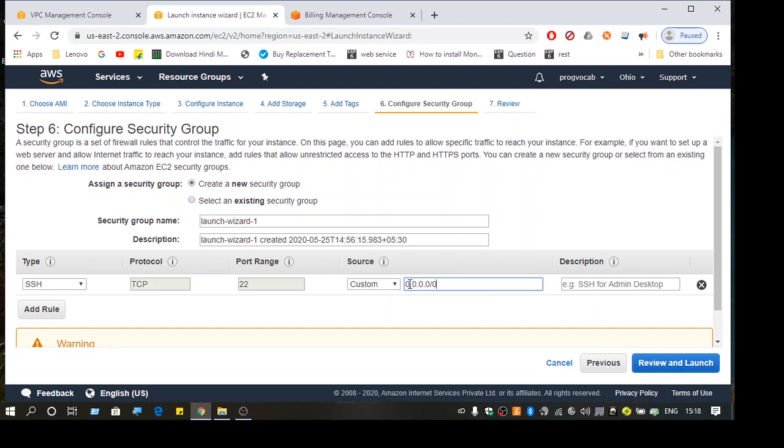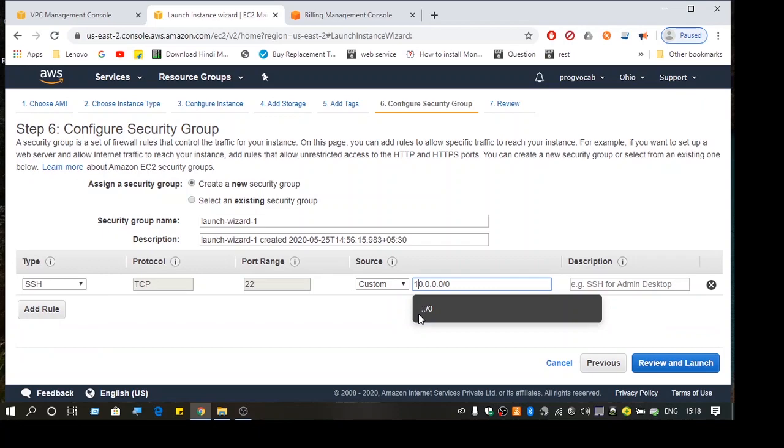Suppose you want a specific set of IPs to access this, like suppose you want the IPs from 10.0.0.0 to, let's suppose, everything. So you can start with 10.0.0.0/0. So from 10 to 255, all the IPs are able to use this instance. They can connect to it.